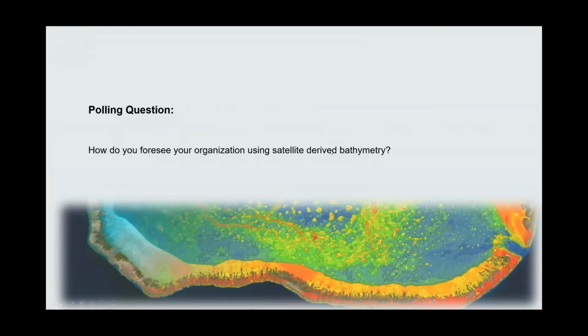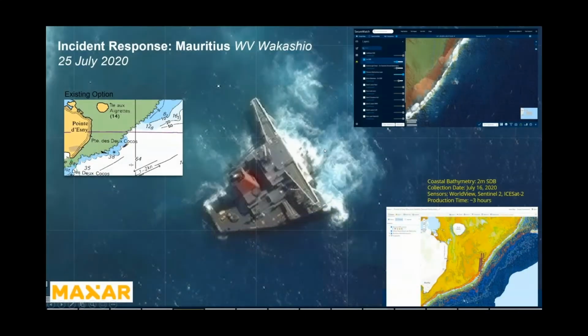Oh, thank you very much. That's an interesting mixture, and quite about what we see from our inquiries coming in. So it's interesting to see that. Whether you envision satellite-derived bathymetry using the data product or becoming your own expert in the loop using our software, rapid data production and the recency of source imagery are key factors in using satellite-derived bathymetry over traditional technologies. In both cases, satellite-derived bathymetry provides an up-to-date view of the seafloor and often replaces data that